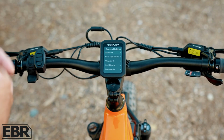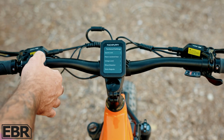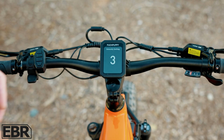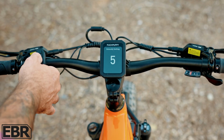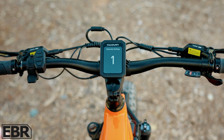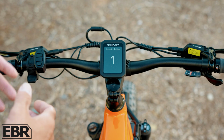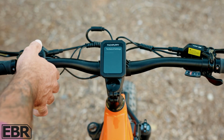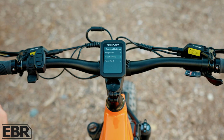It'll be really quick off the start, really quick acceleration through all 5 levels of pedal assistance. Or you can go to level 5, crank everything up, or you can go to level 1, dial everything back. Say you just got the bike and you're a little concerned about the power and the speed, or just want to learn to handle it better before you start messing with aggressive speed, then this is a good time to use intensity level 1. Now it'll ship at level 3, right in the middle of the road,